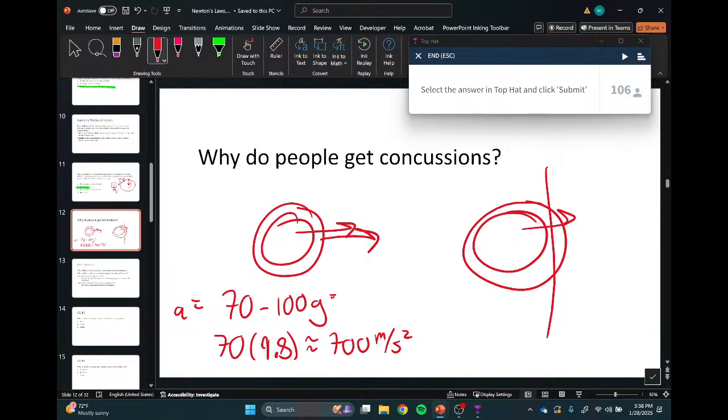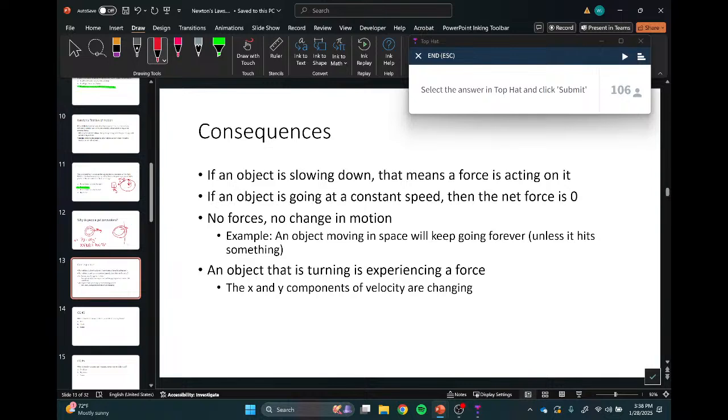Newton's first law explains all these things. Such a simple thing and explains so many consequences. So if something's slowing down or speeding up, a force is acting on it, guaranteed. If an object is going at a constant speed, that means the net force is zero. Nothing is making it faster or slower. It doesn't mean there's no forces. It just means they're all canceling out. Right now, you all are moving at a constant speed of 0. Gravity is pulling you down, but you're not falling. Your seat is also pushing up on you. So, it doesn't mean there's no forces. It just means they cancel out.